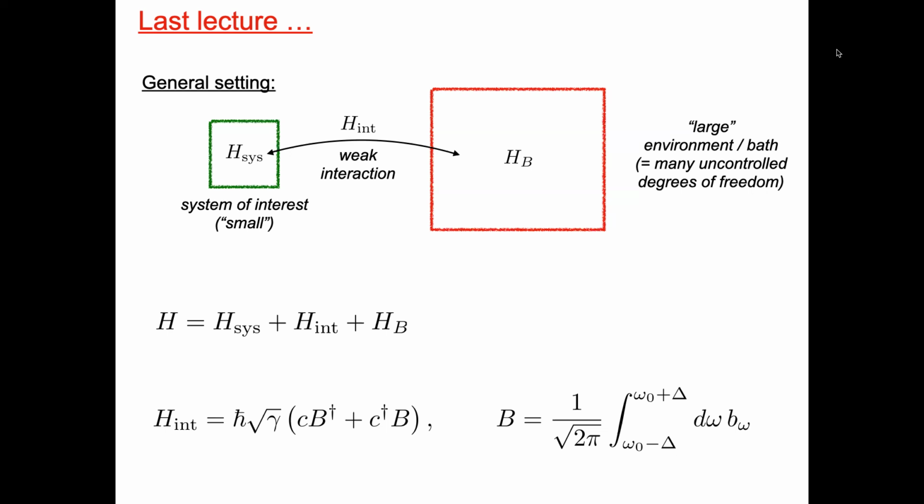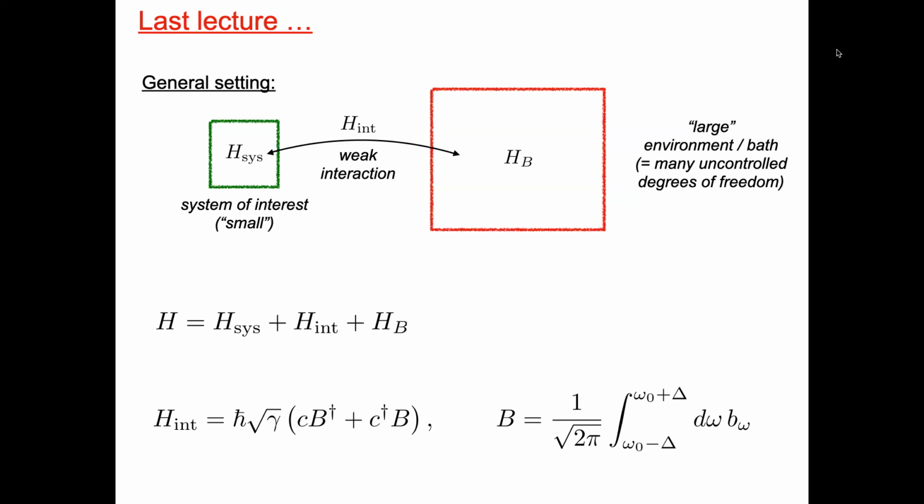So let's start from the beginning. We have this separation: system Hamiltonian, bath Hamiltonian, and some interaction. The bath, what we usually talk about, will be some set of bosonic, harmonic oscillators. We showed this with a small toy example. If we couple to one mode, we get essentially Rabi oscillation. If we couple to three modes, the system will also be complicated. But if we couple to many modes, and especially a dense set of modes, we saw that there was an exponential decay arising from the Wigner-Weisskopf theory, which is a simplified version.